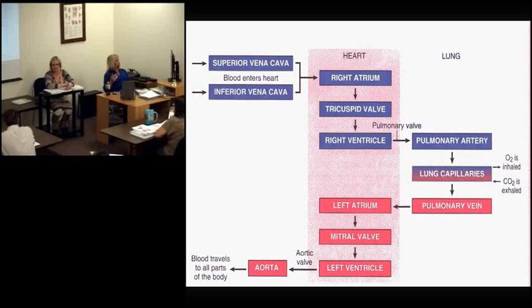It's the tricuspid valve. Then you see from the right ventricle, it goes to the pulmonary valve, into the pulmonary artery. Then you have your exchange of waste and oxygen in the lung capillaries. This is what happens in the lungs. And then you have the blood going to the pulmonary vein. See how it's red? Going to the left atrium. Then from the left atrium to the left ventricle, it passes through the mitral valve. The other name for mitral valve,